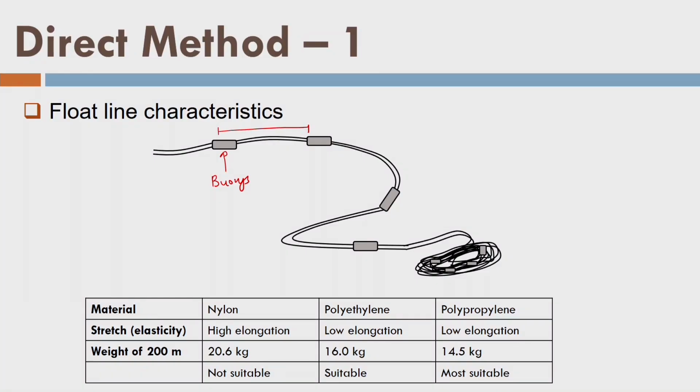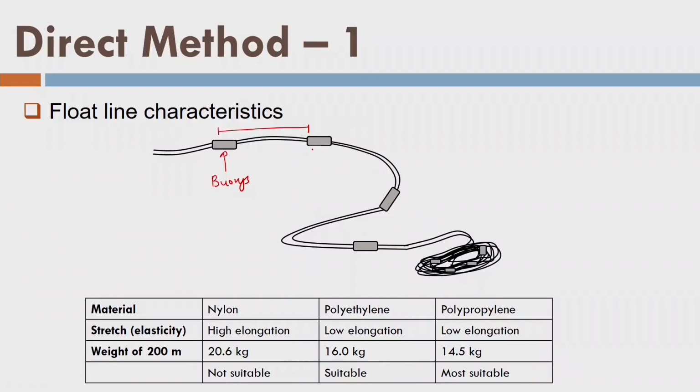We have stretched this float line across the river, and now we are moving from one end to another, that means from the shoreline to the next end in the river or water body. At every location, buoys are there in a straight line. So I am measuring the distance y on the graduated float line, and if you call the distance along the float line y, then you can call the distance along the reference line x. You move your boat along this float line, and at each and every tag point you will take the sounding observation.